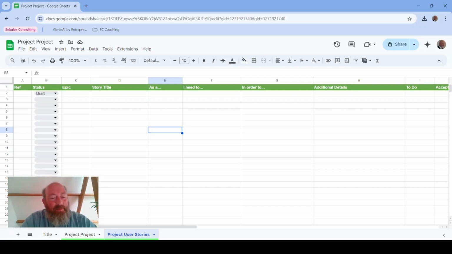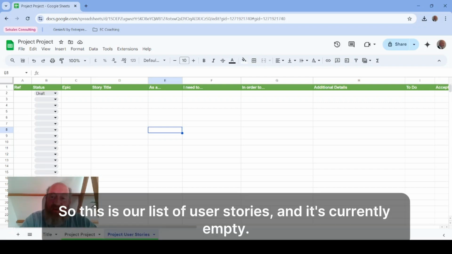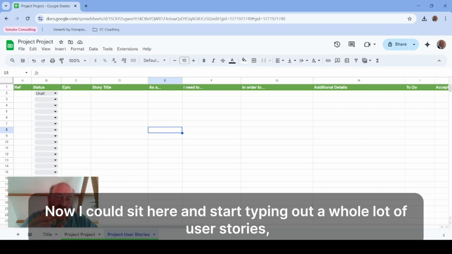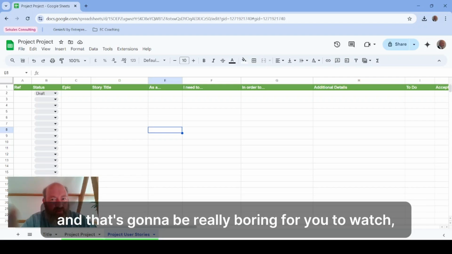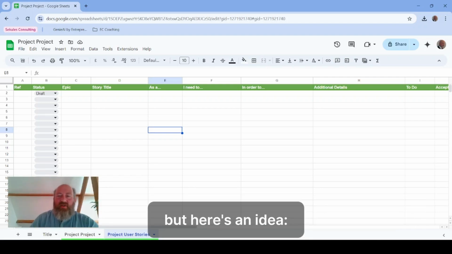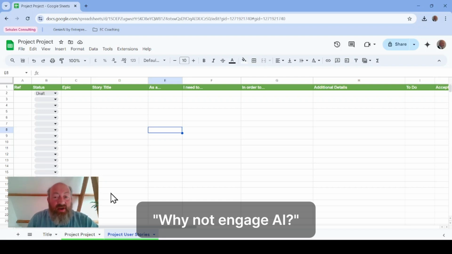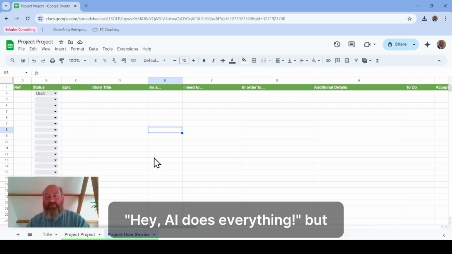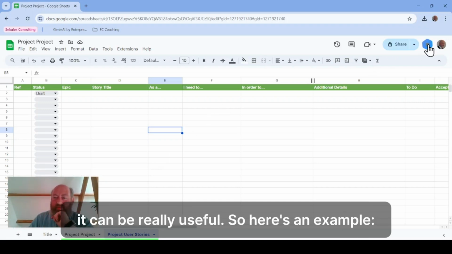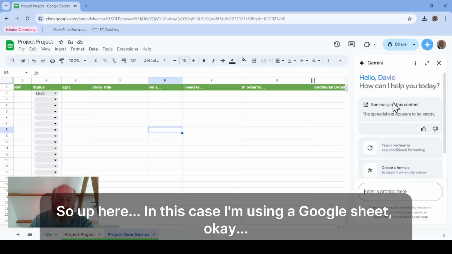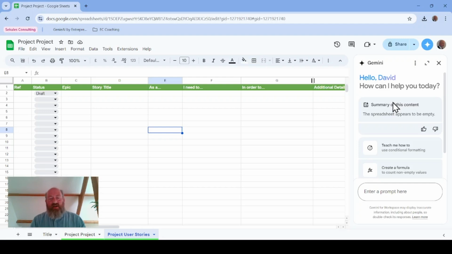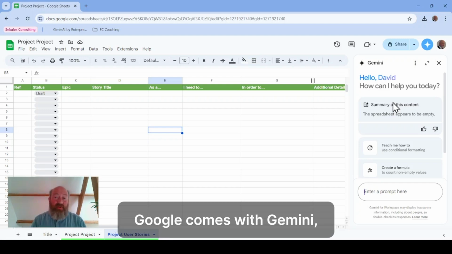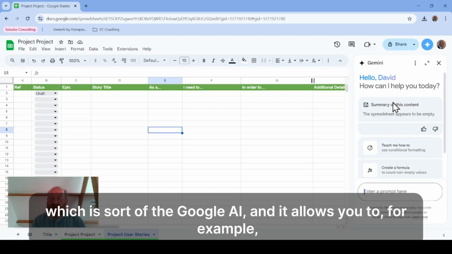Right. So this is our list of user stories, and it's currently empty. Now, I could sit here and start typing out a whole lot of user stories, and that's going to be really boring for you to watch, but here's an idea. Okay. Why not engage AI? I know it's really fashionable nowadays to say, hey, AI does everything, but it can be really useful. So here's an example, right? So up here, in this case, I'm using a Google Sheet, okay? Google comes with Gemini, which is the sort of Google AI, and it allows you to, for example, say,